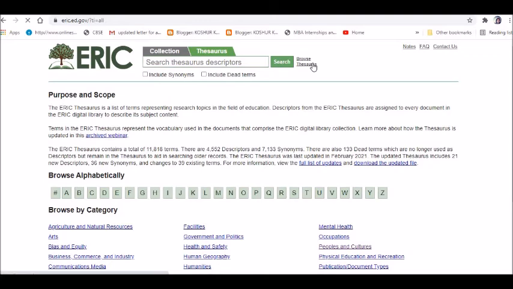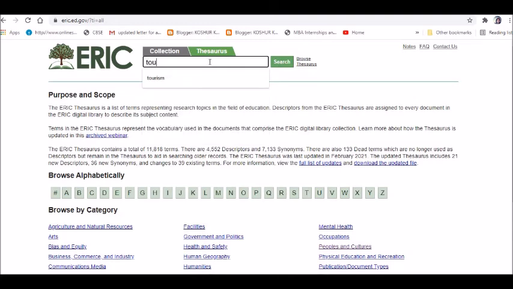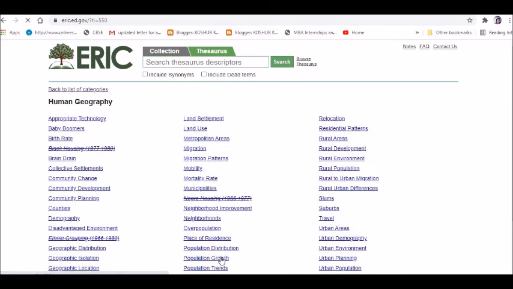Now let's say I want to understand urban demography. Now if I come to demography, I can click here, and these are the words that you are going to use and put in your table. So you have got human geography, below that you have used demographic, and the broader terms are social.